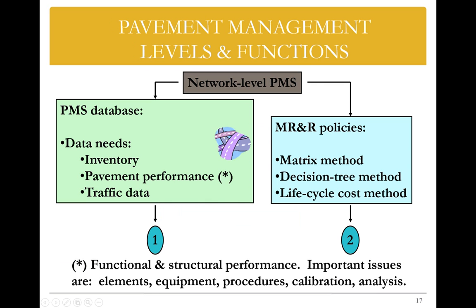So when it comes to network level PMS, we have to have the PMS database, which is going to trigger for us the data needs. So what do we need to collect? First of all, we need to collect inventory data. As I said before, inventory is basically general information about the road, the cross section, how many lanes, maybe traffic, AADT and truck counts,